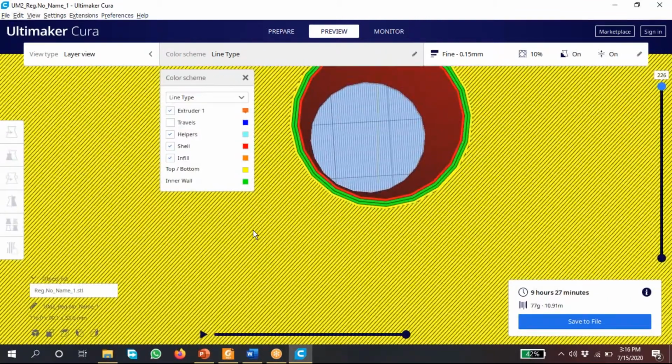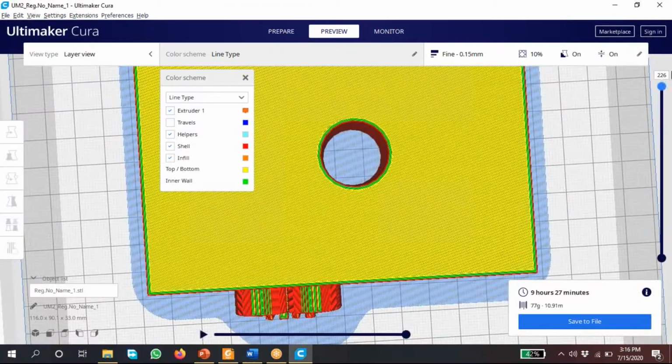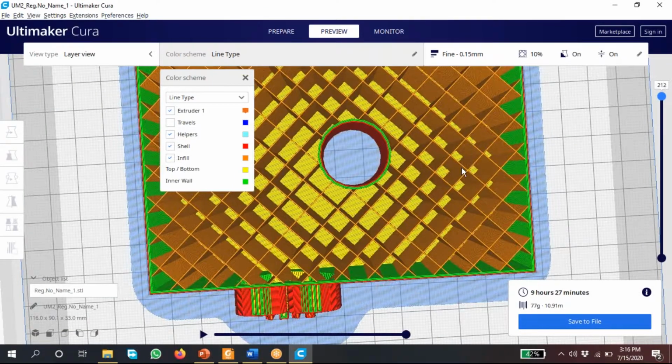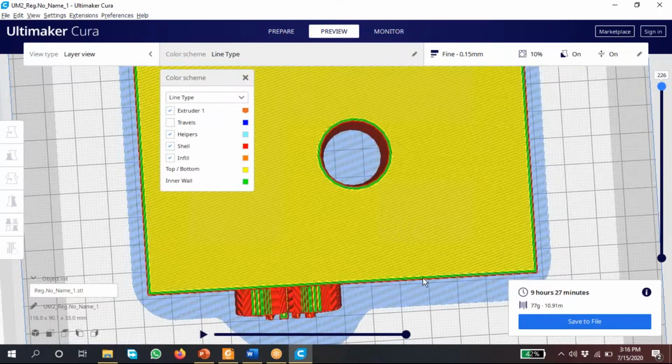By default, it takes 100% infill density for top and bottom layers to cover these things. If the above layer were also like this, then we would see the part like this, and it won't be good. We can easily break it. So by default it will take the top 3 layers at 100% infill density. See, for this layer, I am playing this. You can see it here.